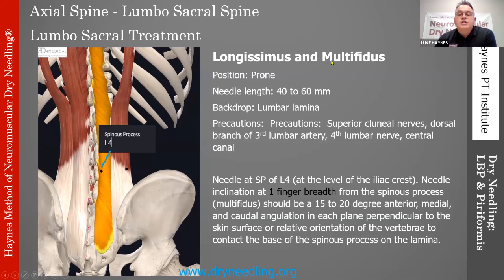But longissimus and multifidus in the lumbar spine will be needled as a single unit. It's really not possible or necessary to try to differentiate those two. When I teach my level 1 dry needling course, my starting point is always at L4, simply because it's a landmark that we can easily identify, being level with the iliac crest. And so that same needle placement, which will be 1 finger breadth superior or 1 finger breadth lateral from the spinous process, can be used at L4, L5, 3, 2, 1,